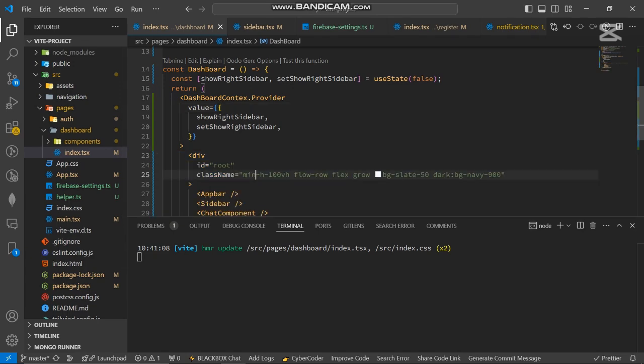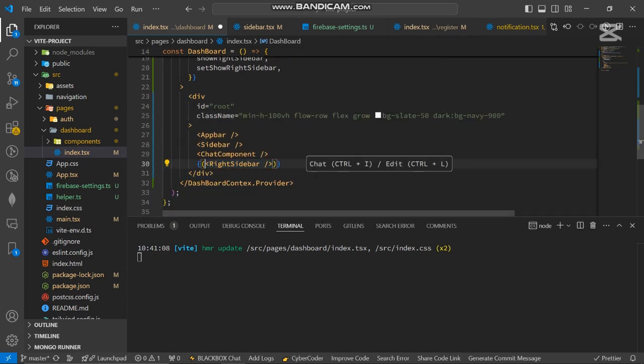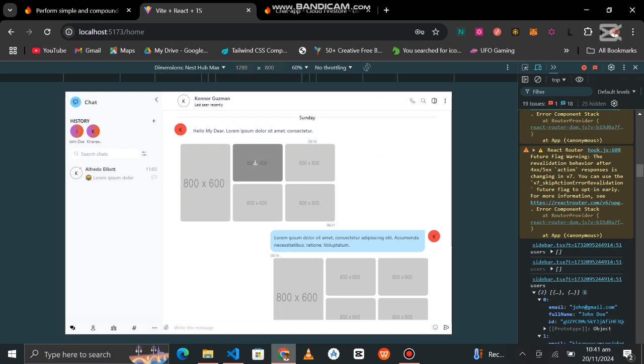Then we'll ensure that we only show the right sidebar if show right sidebar is true. Okay, head over to the browser, observe that the right sidebar is not visible again. Head back to the project on VS Code and navigate to the